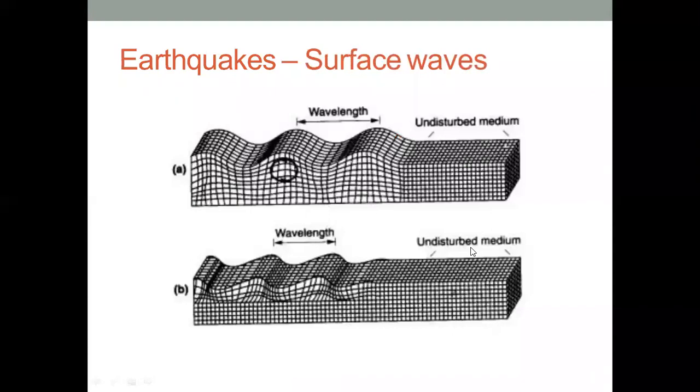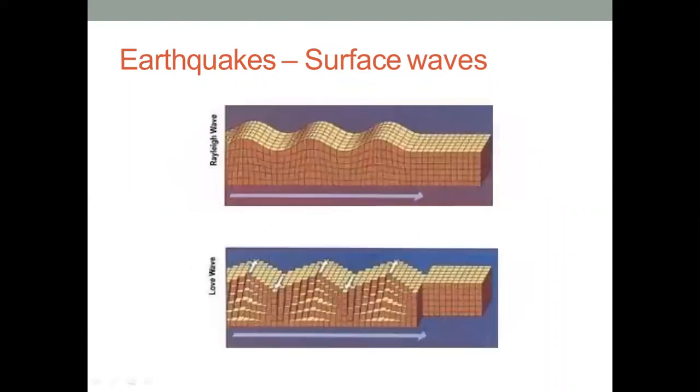The next type is surface waves. As already said, P waves and S waves, that means primary waves and shear waves, travel inside the soil medium. That's why they are called body waves. Some of the waves will travel on the surface of the earth. Those waves are called surface waves. Again, these surface waves are classified into two types. One is Rayleigh waves, and another is Love waves. Rayleigh waves, in short, we can call R waves, and Love waves can be called L waves.